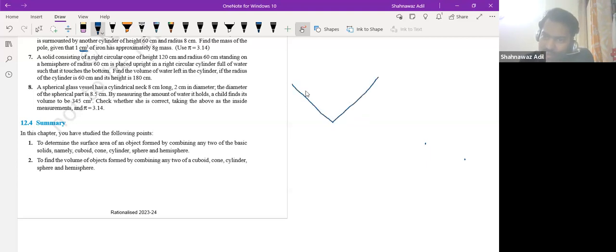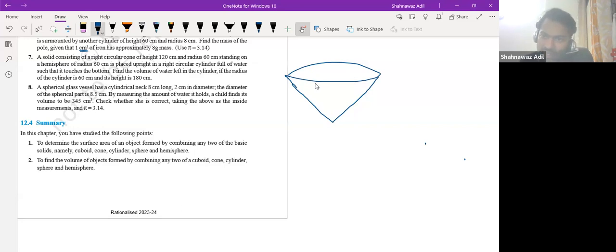So a right circular cone of this height, standing on a hemisphere. It is placed upright in a right circular cylinder full of water such that it touches the bottom. Find the volume of water left in the cylinder if the radius of the cylinder is